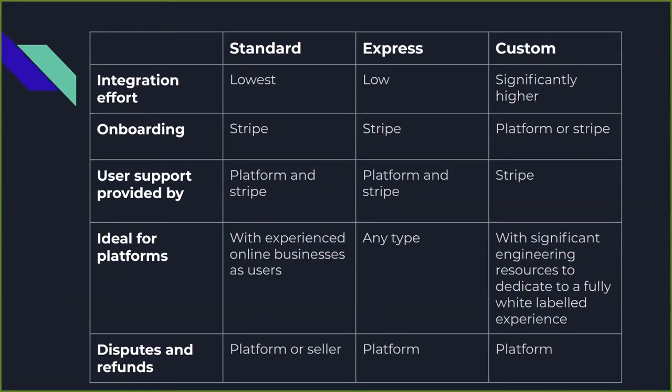So only these types of controls are given to an Express account. But yes, and our next one is Custom. A Custom Stripe account is completely invisible to the account holder. Here our account holder is the seller, so the seller is not able to go through